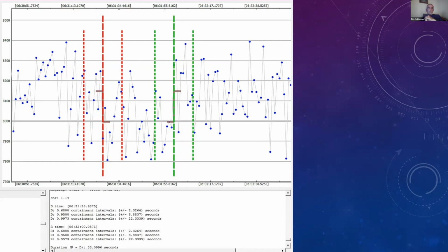Kirk also got a detectable one. I'll show you his data in a second. But I don't know if anybody got it well enough that we can really tell whether there was a north or south shift. If anybody knows, I'd be very curious to know before we end here.